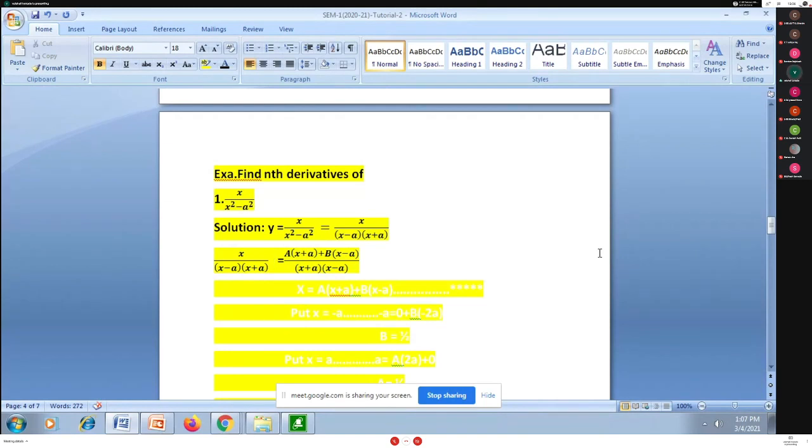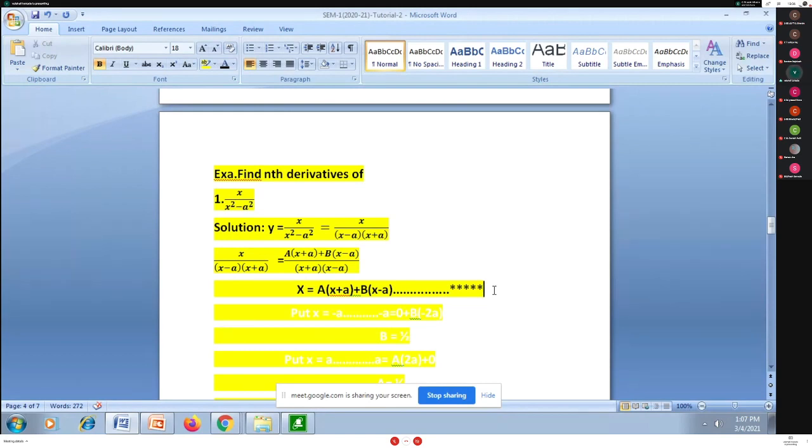What you can observe is that the denominators for both LHS and RHS are equal, so we will cancel them, and I am having this next step. So I can write: numerator on the left hand side is equal to numerator on the right hand side. I am writing x is equal to capital A into x plus a plus capital B into x minus a. I am marking it as the star step. Why? Because writing this step correctly is very important. Based on that only, I get the values of unknowns A and B.